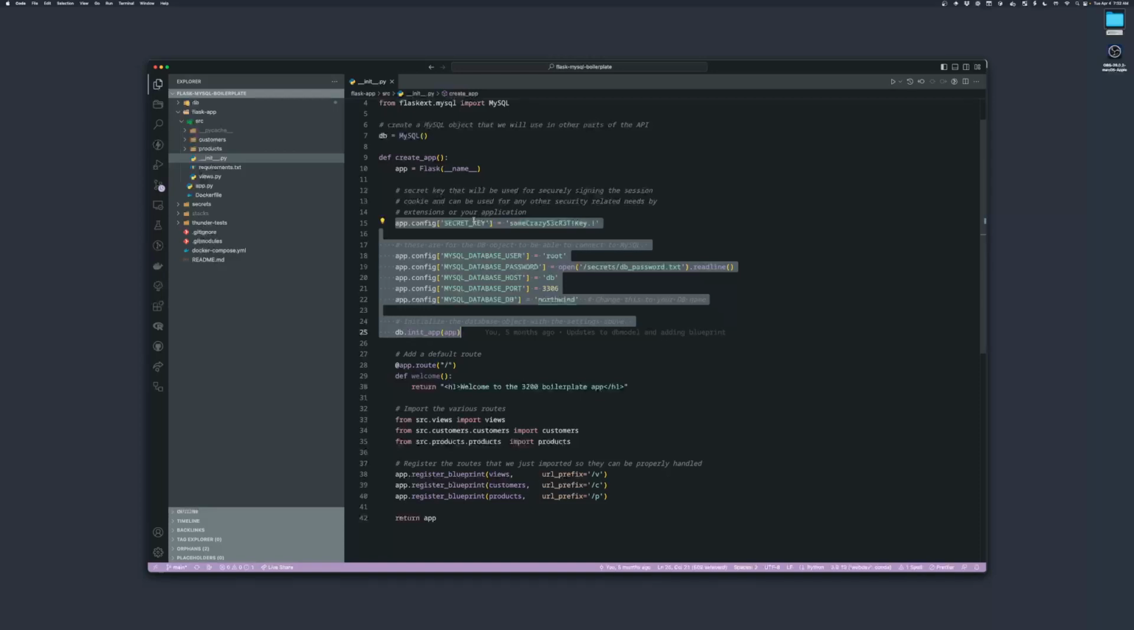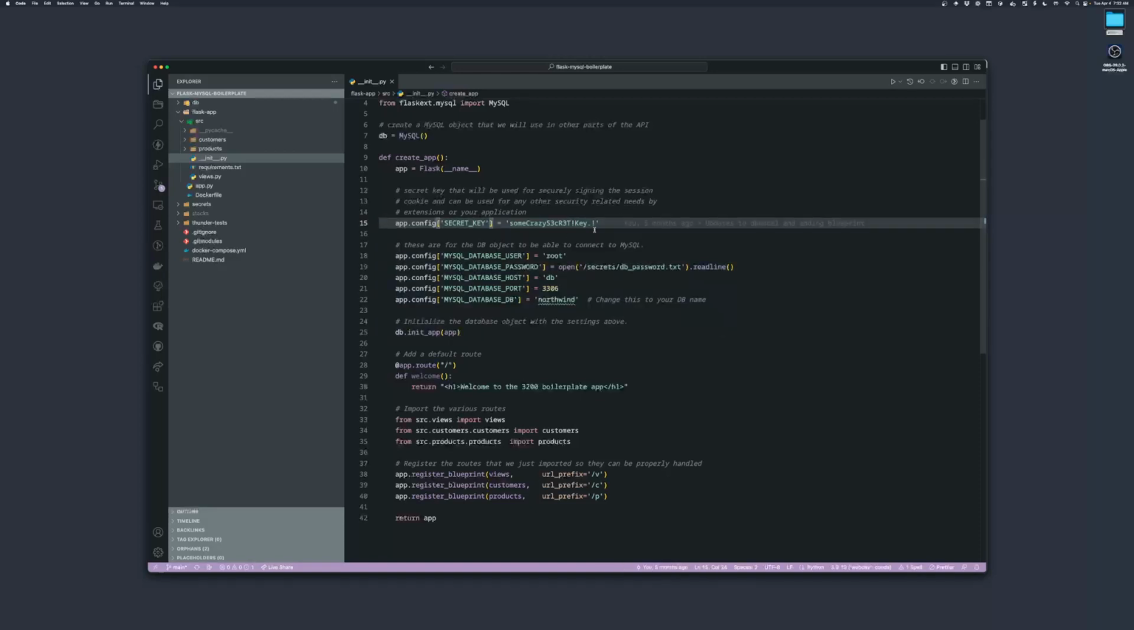Don't so much worry about the secret key. That's for session-related things, which we're not focusing on, at least not at this point. So then we set up our database connection with the user we're going to connect with. Right now we're going to use the root user. We're going to read the password file,